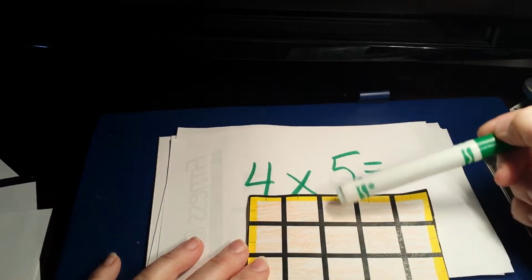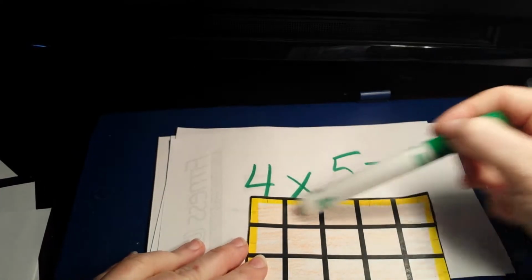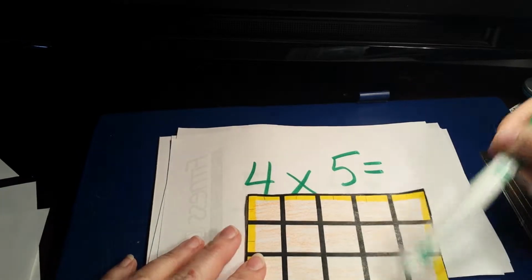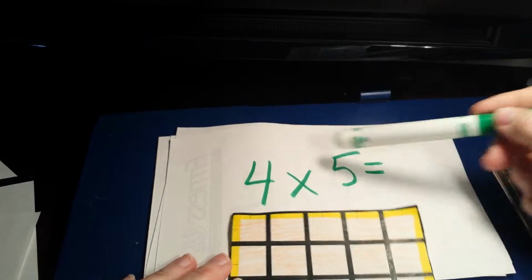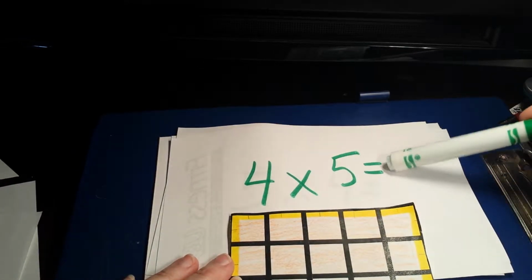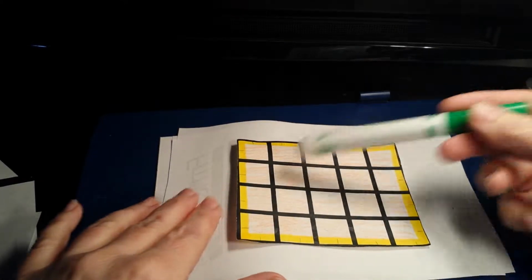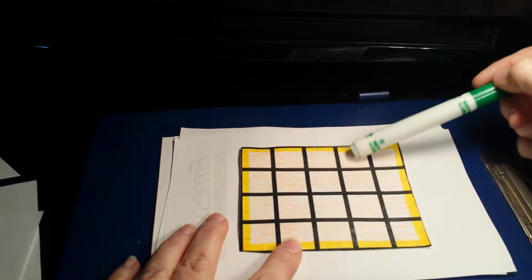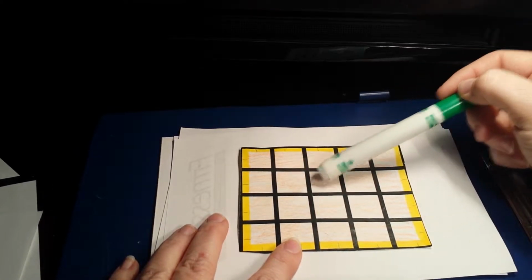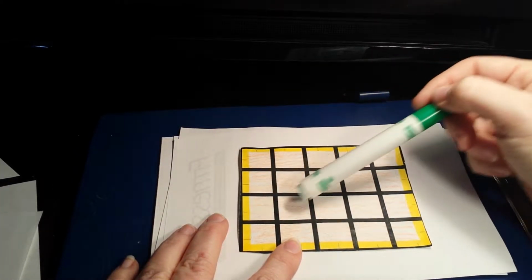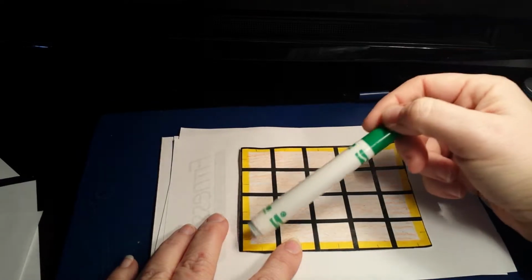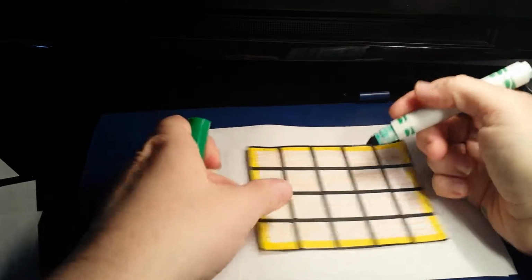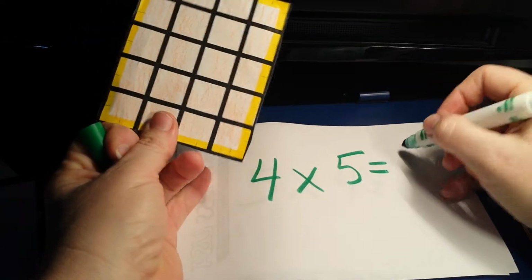There are 4 groups of 5. There's 5 here, 5 here, 5 here, 5 here. So 4 groups of 5, or 4 times 5, equals, and remember we have to count them all. So let's count. 1, 2, 3, 4, 5, 6, 7, 8, 9, 10, 11, 12, 13, 14, 15, 16, 17, 18, 19, 20. So 4 groups of 5 equals